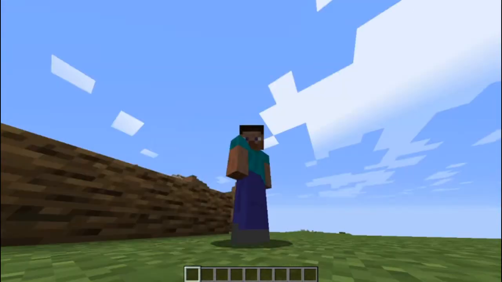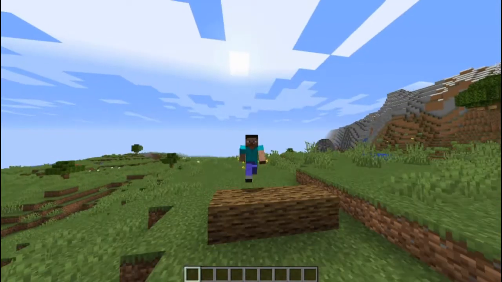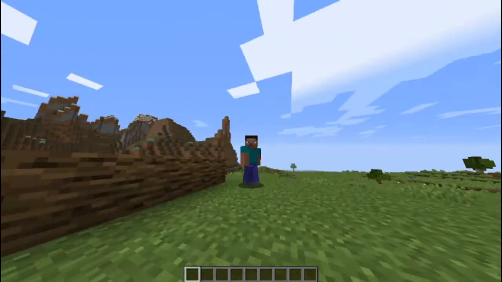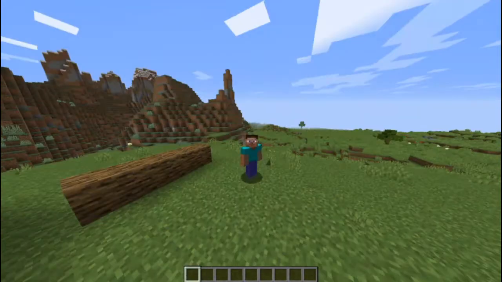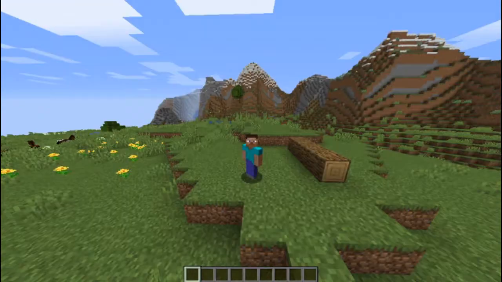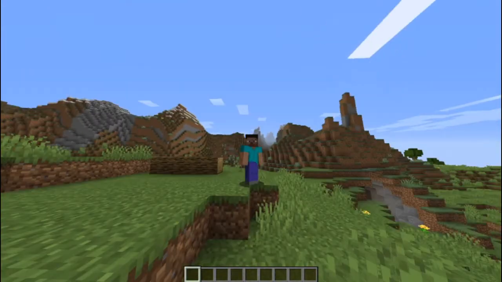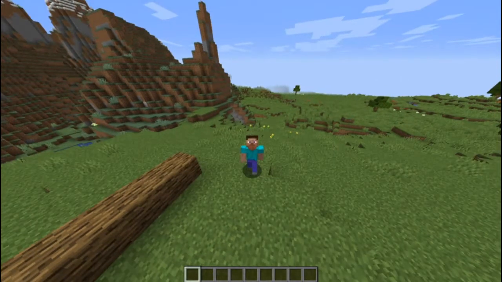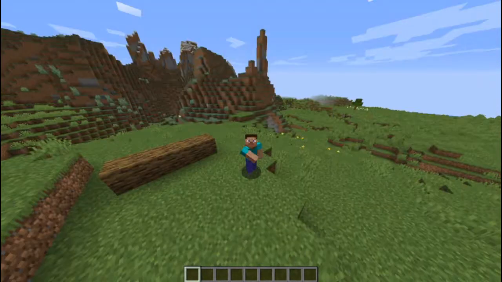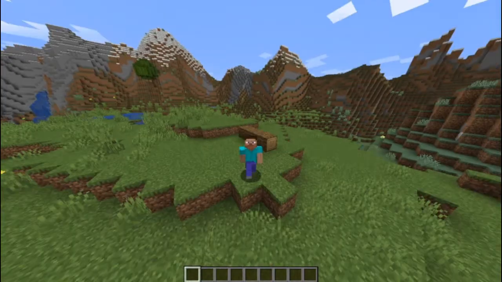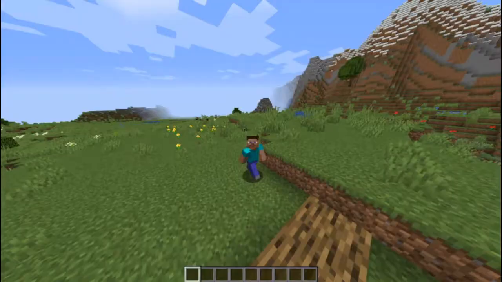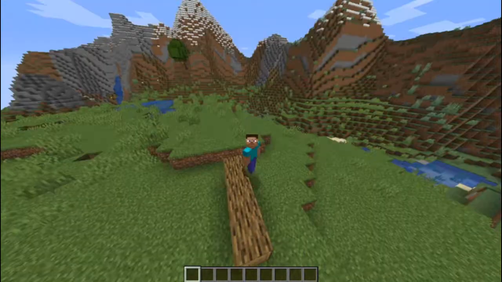My game right now is at 9 FPS when I'm not even recording and I haven't installed Optifine on my computer. So I don't know why. That's the maximum my computer can run if I'm playing Minecraft without Optifine. So Optifine does a really big thing in Minecraft. It's a really big thing. That's why I use Optifine.